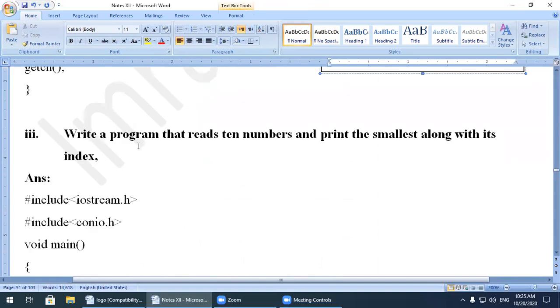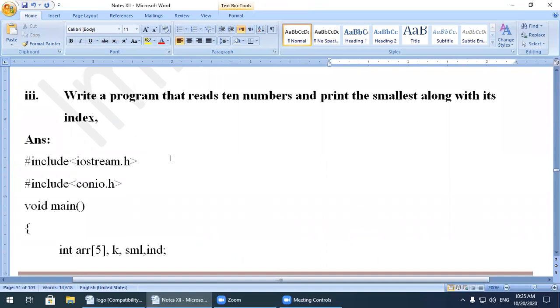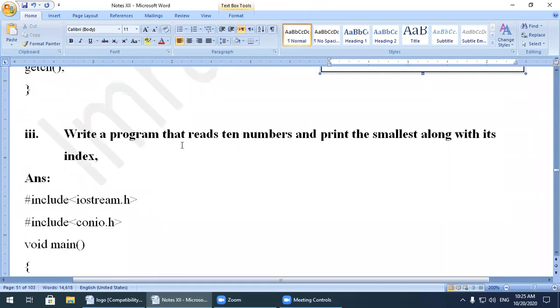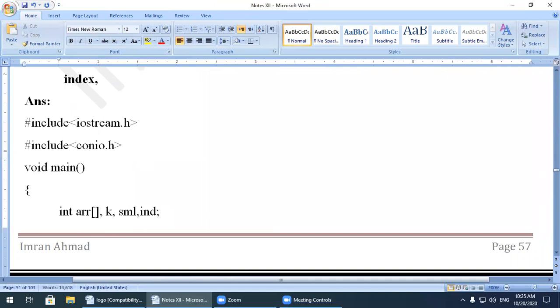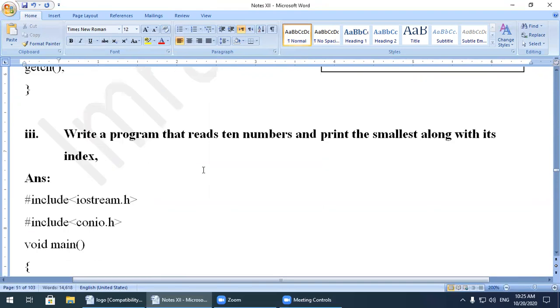Next program: write a program that reads 10 numbers and prints the smallest along with its index. So we are going to enter 10 numbers. Okay, this program is used to find the smallest.